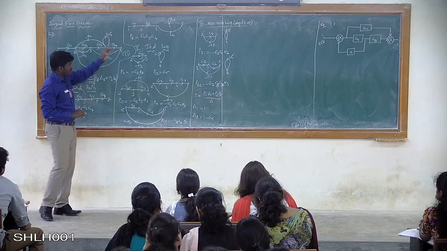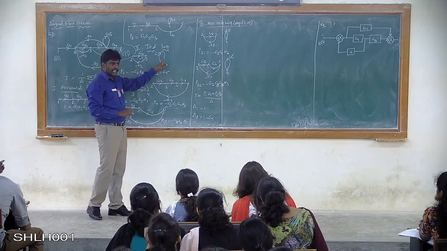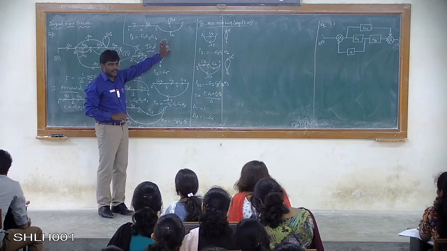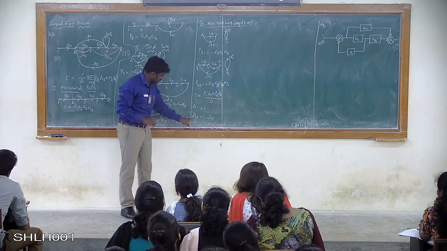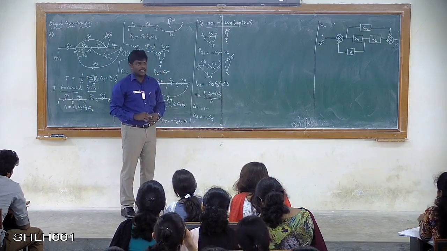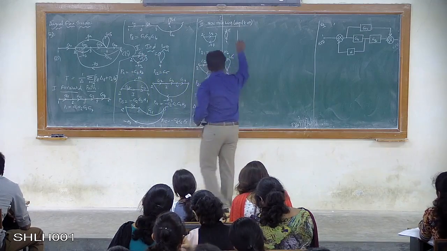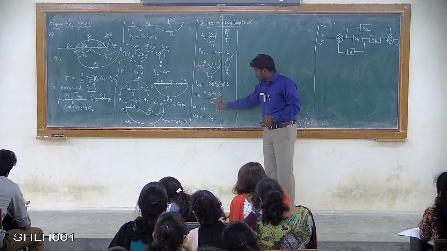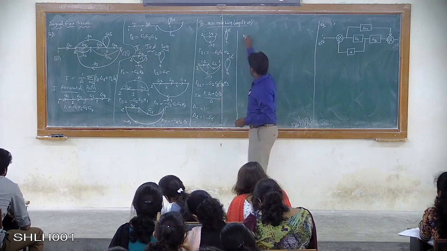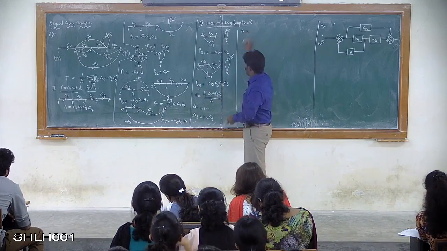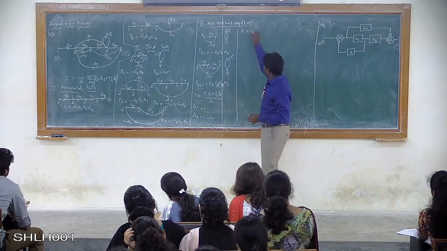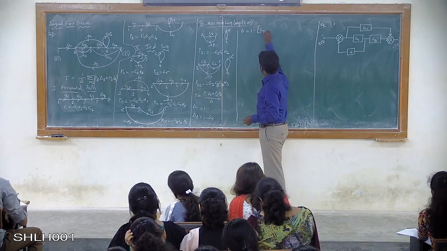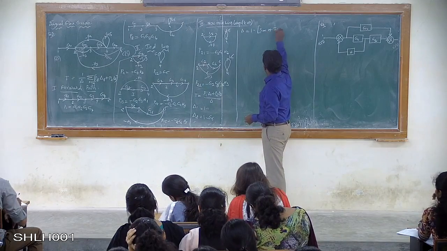Now in the second forward path, there is one individual loop which we have identified, which is not touching the second forward path. So my equation is del 2 is equal to 1 minus G5. Fine. So the next step is that we will have to substitute in the below equation. Before that, you will have to write down what del means. Del is nothing but 1 minus the sum of individual loops,